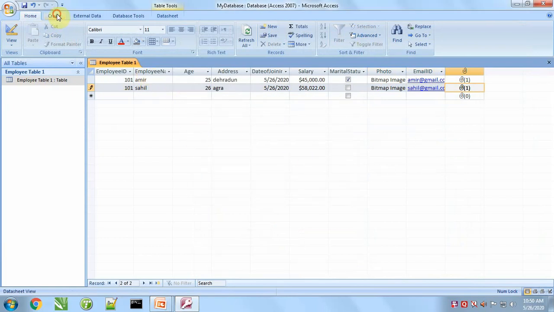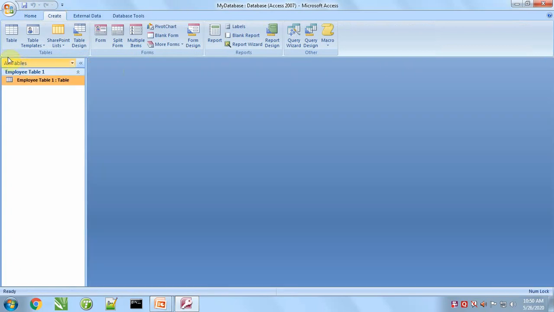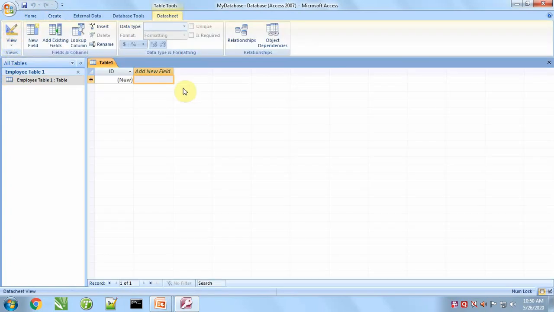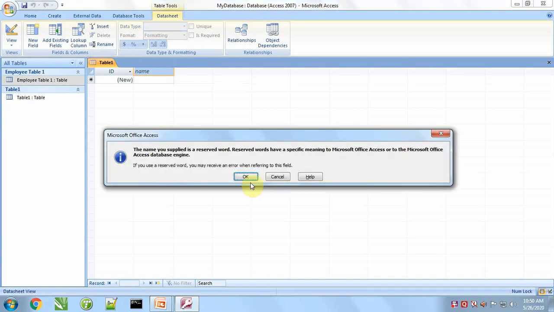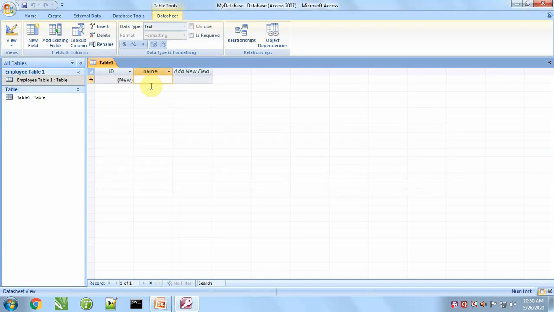It is one method. In the second method we will click on the table button and from here we will click table. ID, name, OK. For the name data type we will click in the text box and select text from here, then age. For age we will take number, then salary. For salary we will click here and take currency.